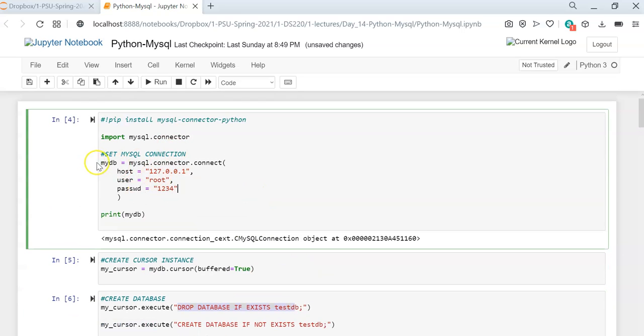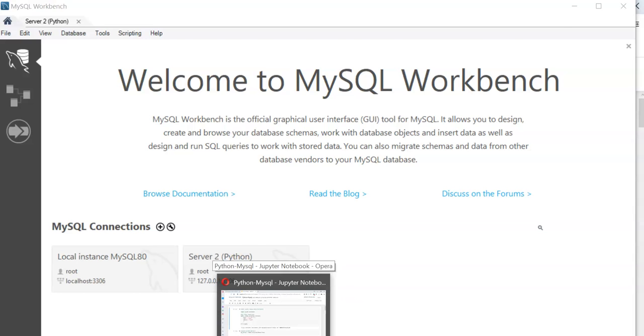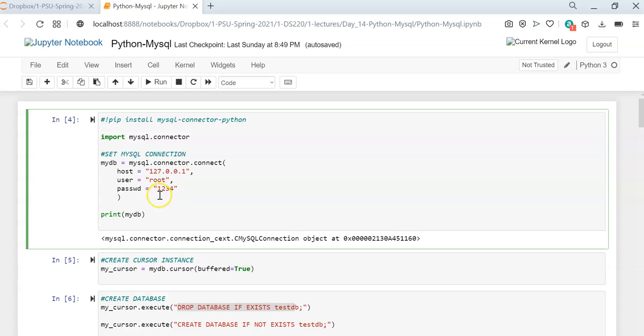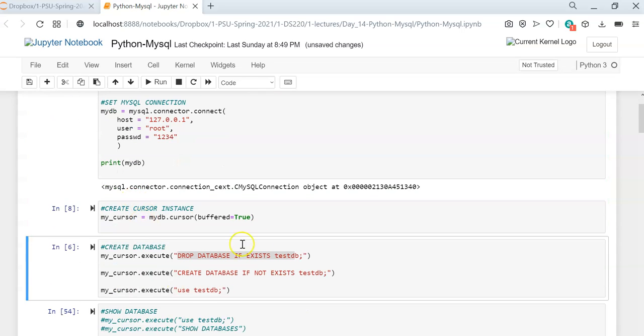So again, this is the way you create the MySQL connection. I've created this separate server for this. If you want, you can do that also. This just has the password 1234. Okay, so when you run this cell, it's just going to create the SQL connection